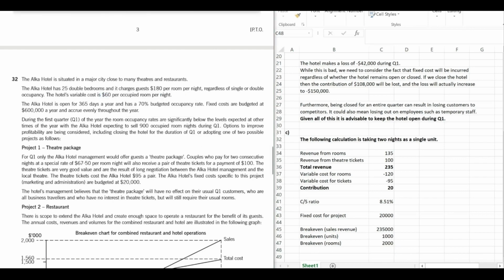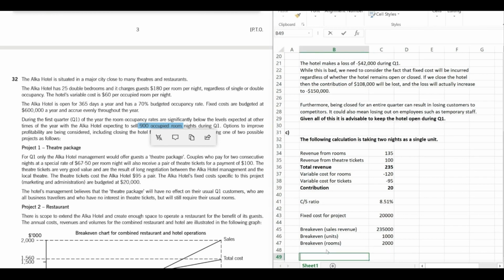Well, this is for quarter 1. 900 rooms were occupied. So it's not the 6,000, sorry. It's going to be the 900 occupied rooms. And in 1 quarter, we'll have 3 months. So we can find the quarter. Rooms available